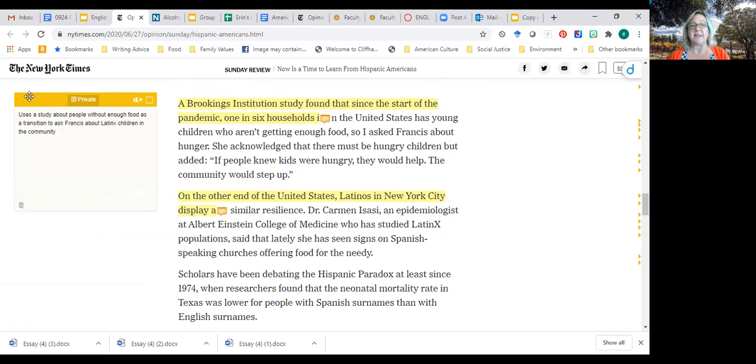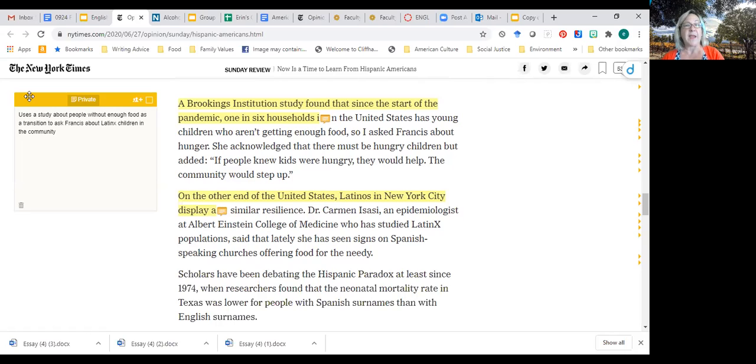And so we asked Frances about hunger, and she says, there might be hungry children, there must be, but if people knew kids were hungry, they would help. The community would step up. And once again, he provides an example to illustrate his claim that Hispanic communities are close-knit, that they care for each other.